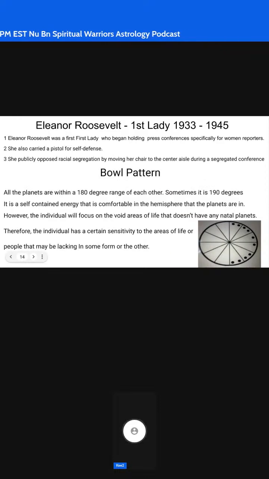The bow. All the planets are within a 180-degree range of each other. Sometimes it is 190 degrees. It is a self-contained energy that is comfortable in the hemisphere that the planets are in. However, the individual will focus on the void areas